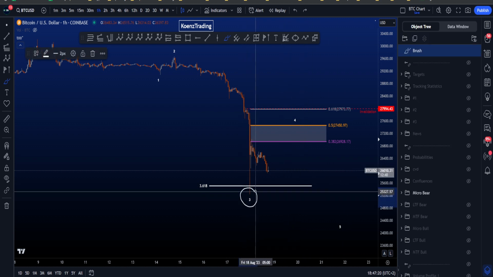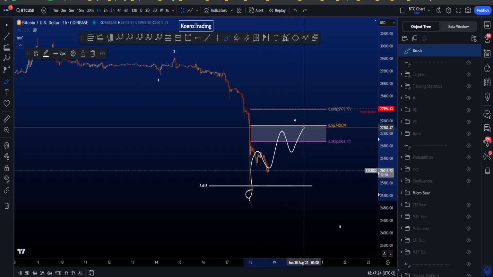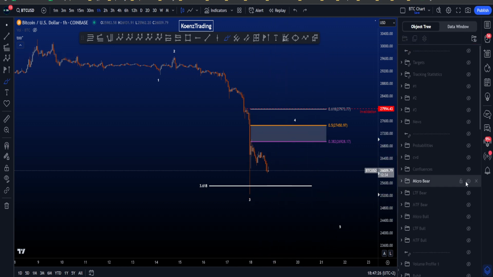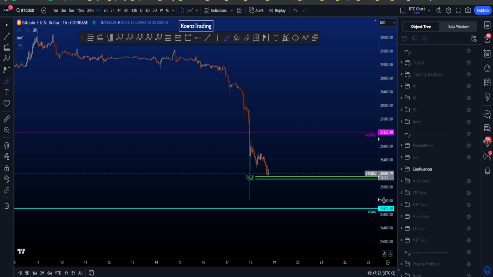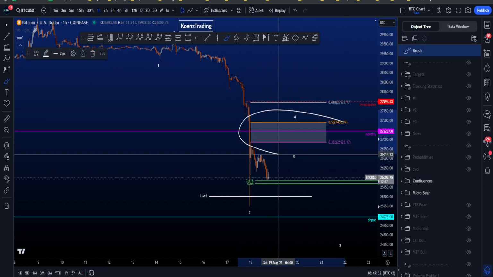Now, is this the low already of wave 3? That is yet to be seen, of course. Can this be the low and then a wave 4 and then a 5? Yes, absolutely. If we look at the confluences locally, then inside the resistance area, or at least the target area